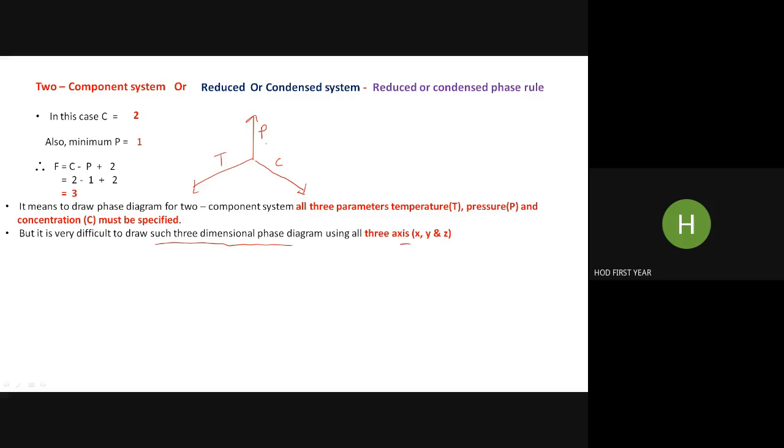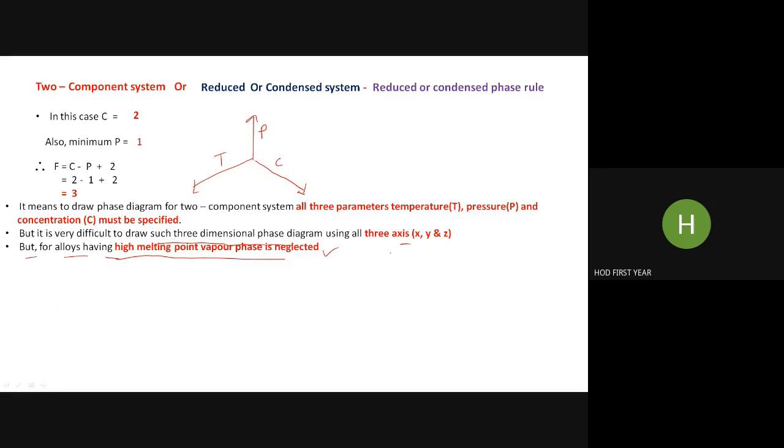So, what is the solution for that? In actual practice, when we use Gibbs phase rule for alloys, especially two component alloys, we neglect one degree of freedom, and that is the pressure. So what is stated over here? You just read it carefully. But for alloys, what is an alloy? It is a mixture of different metals or non-metals. For example, steel is the best example of an alloy. So for alloys having high melting point, vapor phase is practically neglected.